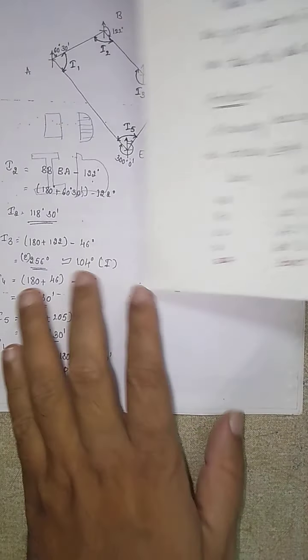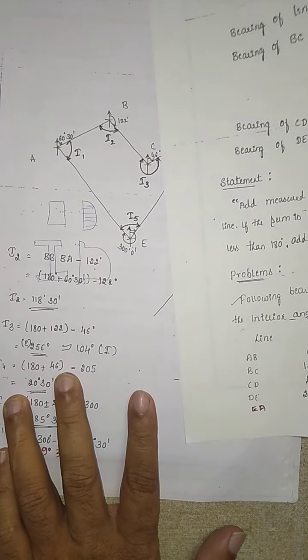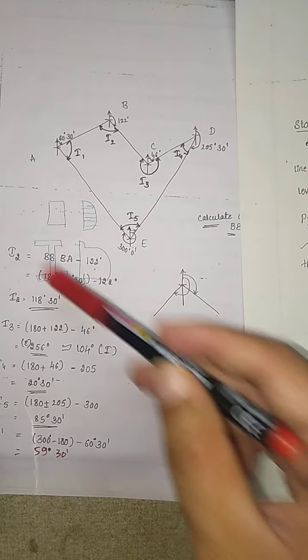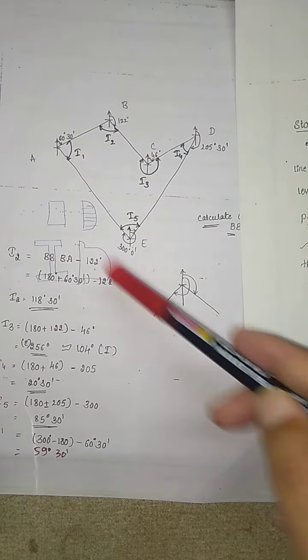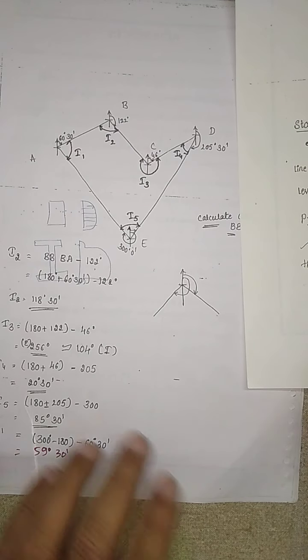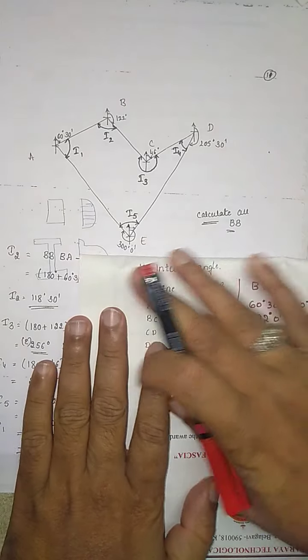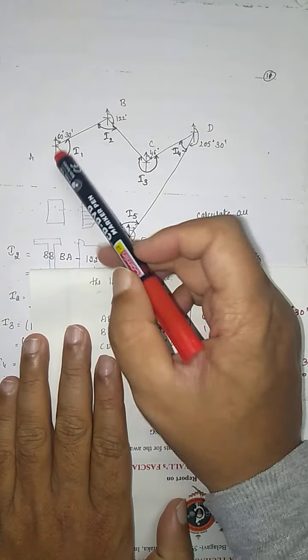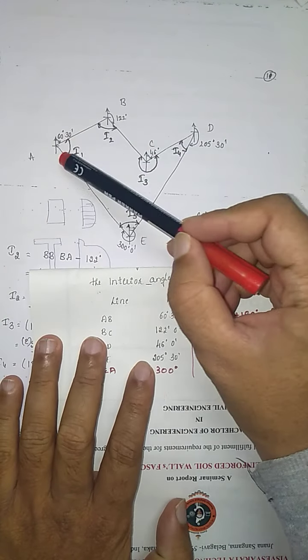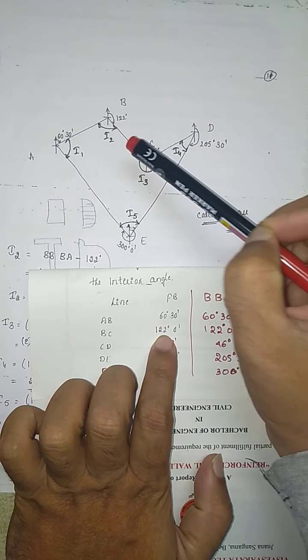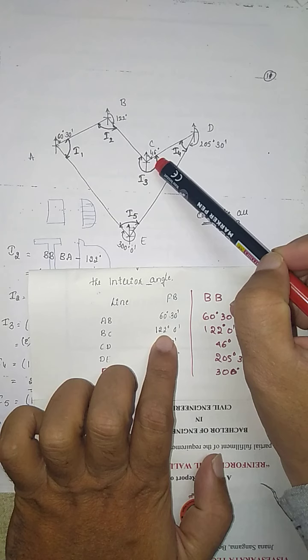Now after knowing these particular readings, what you need to do is draw the traverse. Okay, you need to draw the traverse. Now how have you drawn these traverses? I'll show you how you need to draw it. AB is 60 degree 30 minutes. You need to draw it as a fore bearing. Then BC, it is a fore bearing they have given to you.